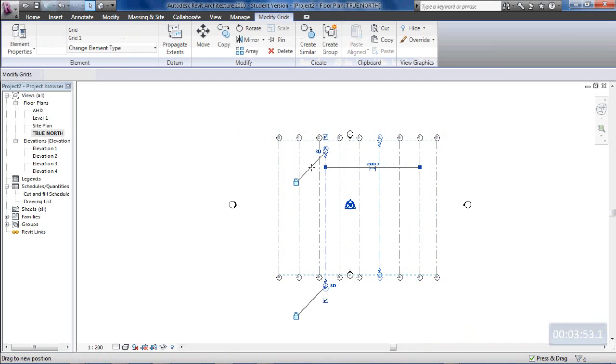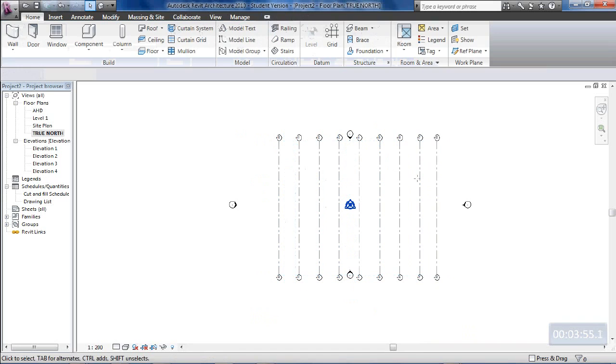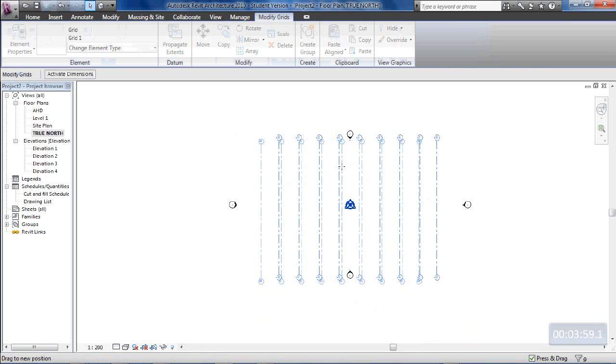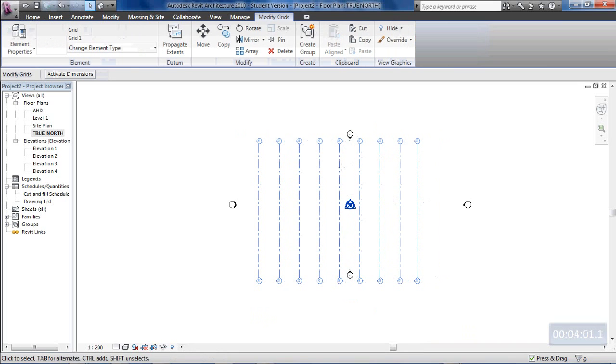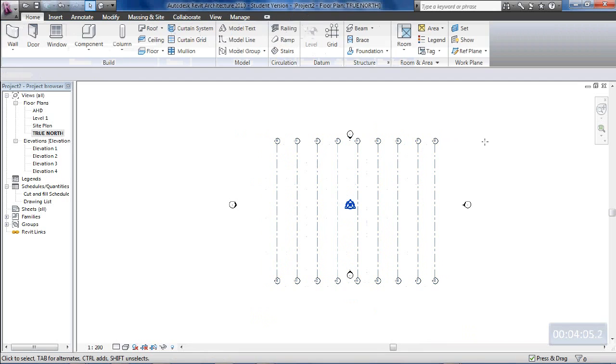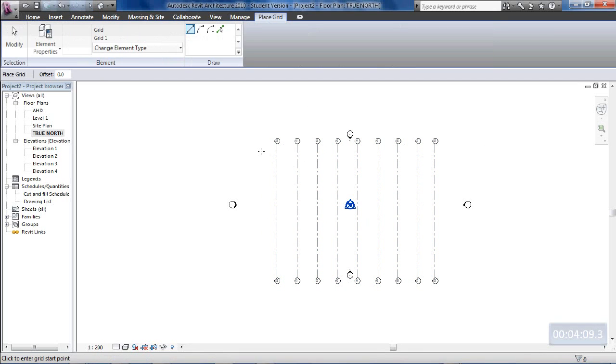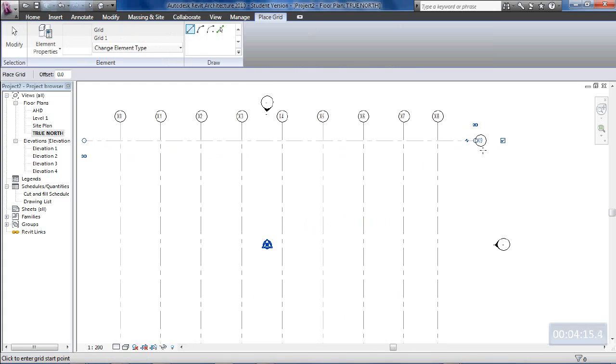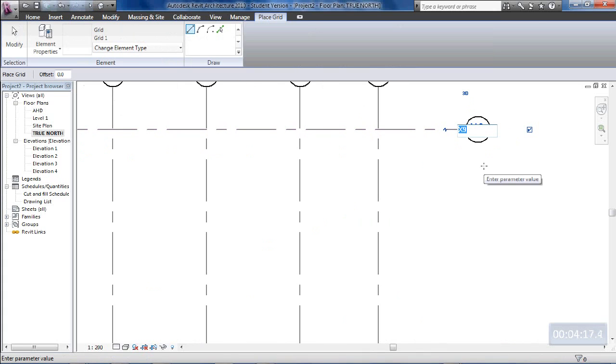Oops, escape out of that. Yeah, just the next one over. Something a bit central like that anyway. And then I'm going to place another grid horizontally, and that will be called Y0, capital Y0,